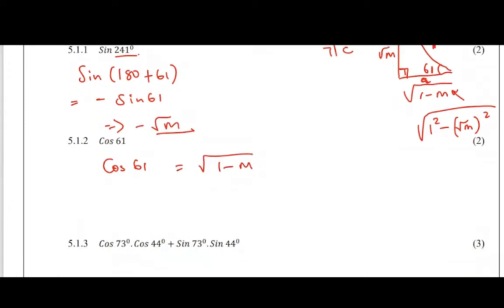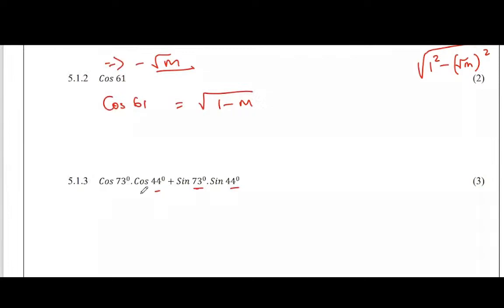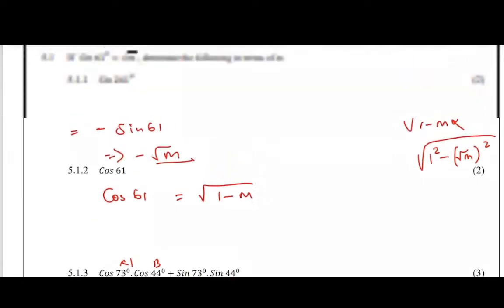In 5.1.3, they're looking at the cos of 73 times the cos of 44, plus the sine of 73 times the sine of 44. So when we look at our compound angles, if it's cos cos plus sine sine, it's the same as the cos of 73 minus 44. If this was our A and that's our B, it will be just that. So we know that 73 minus 44 is going to give us 29. So it's the same as the cos of 29. But from this triangle of ours,